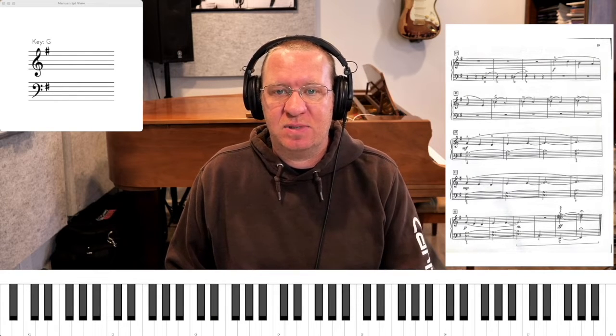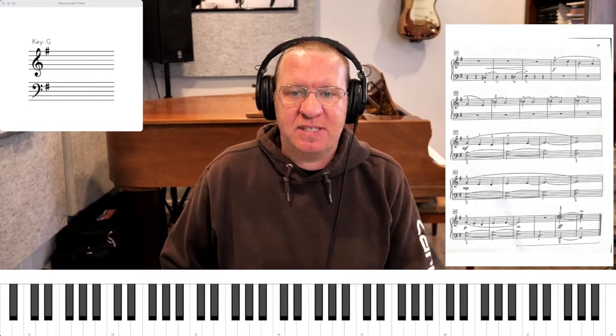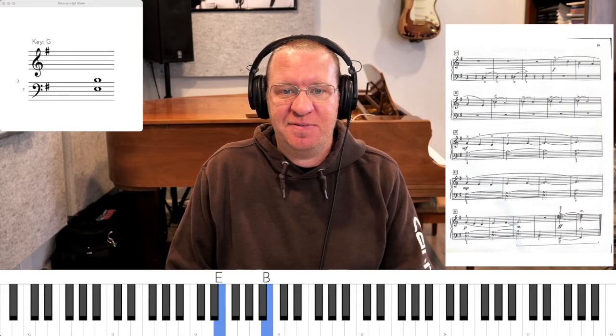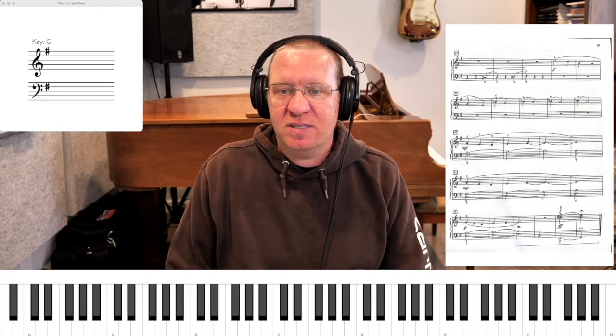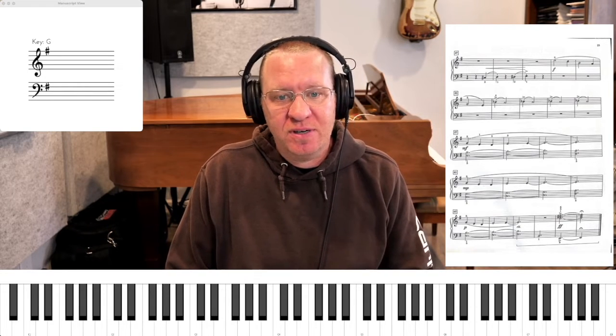Lots of rests. We totally skip the whole next line in the left hand. Jump to measure 57, and we're back to that E flat, right? We've done this, 3 measures of hold. I'm going to go down 1, that last measure, there's my D, A, down 1 more, here's that C, G,